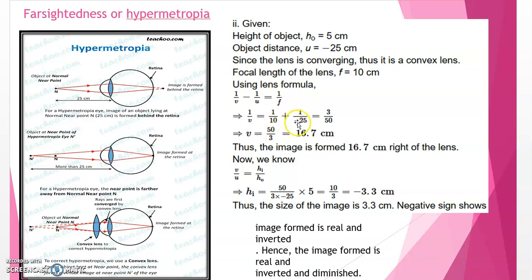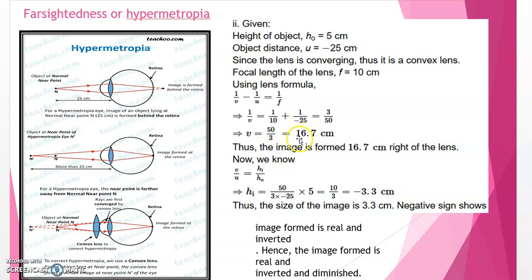So what is u? It is minus. Since the denominators are not the same, you can't add it. First convert the denominators to the same. So convert into 50. So that is 10 5s are 50, and then it will be 25 2s are 50. So then the numerator also will be changed. This you know how to do. You have to find the LCM. So the answer will be 3 upon 50. So v will be 50 upon 3.